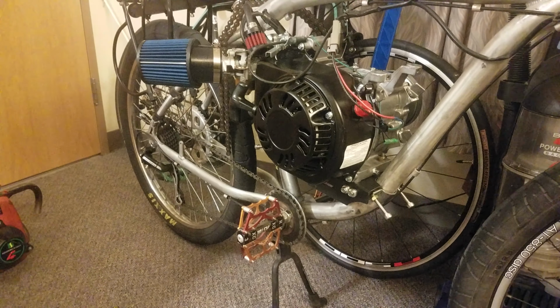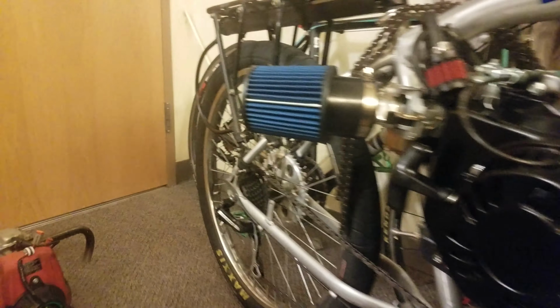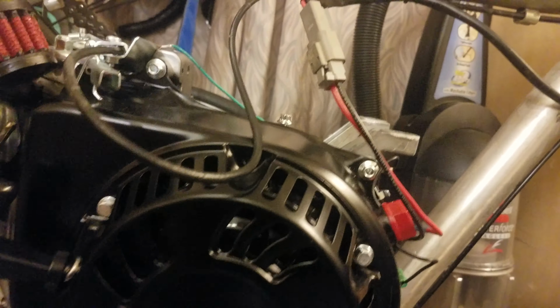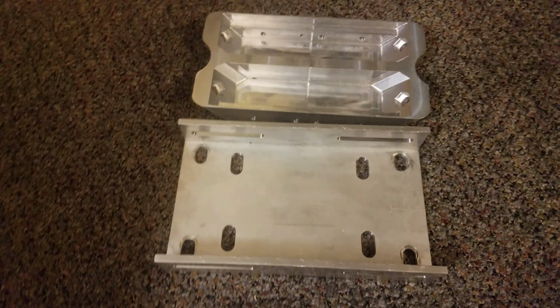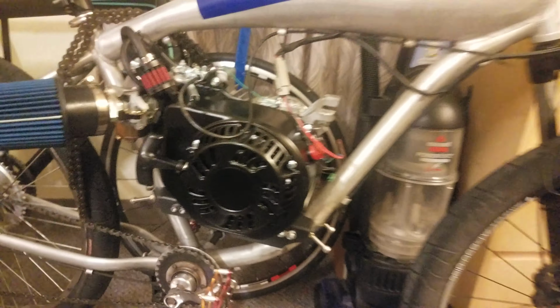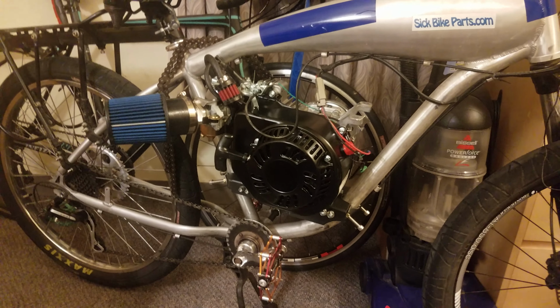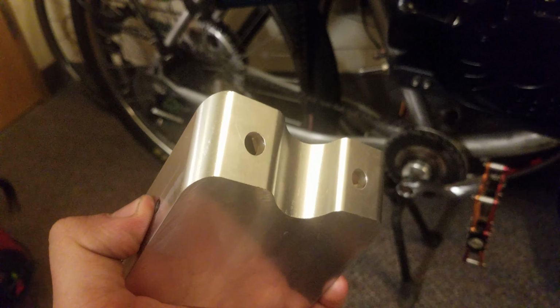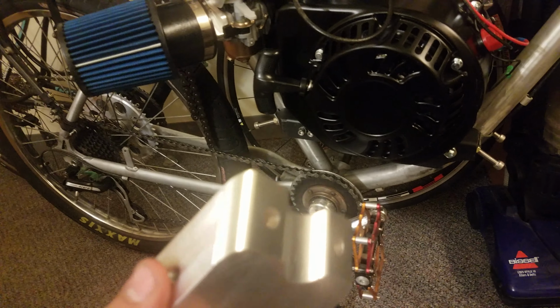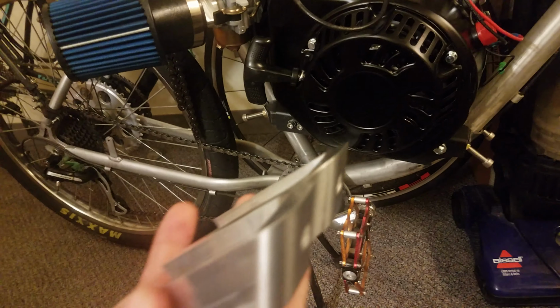While I was building it, I found out that the King's Motorsports and the gasbike.net CNC mount that you normally get with the Death Row kit will not work on the Skyhawk GT2 frame, because the angle that this is machined at doesn't let the engine fit in there while this mounts flush with,